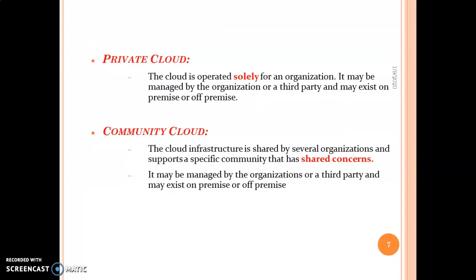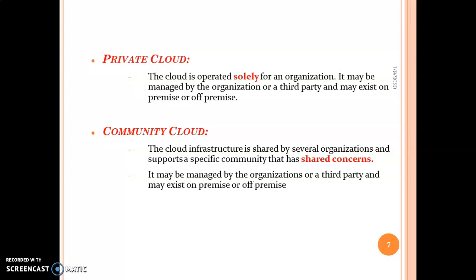So these are the types of deployment models, and this is just a gist of introduction about them. Let us have a somewhat brief introduction of private cloud. The cloud is operated solely for an organization. It may be managed by the organization or a third party